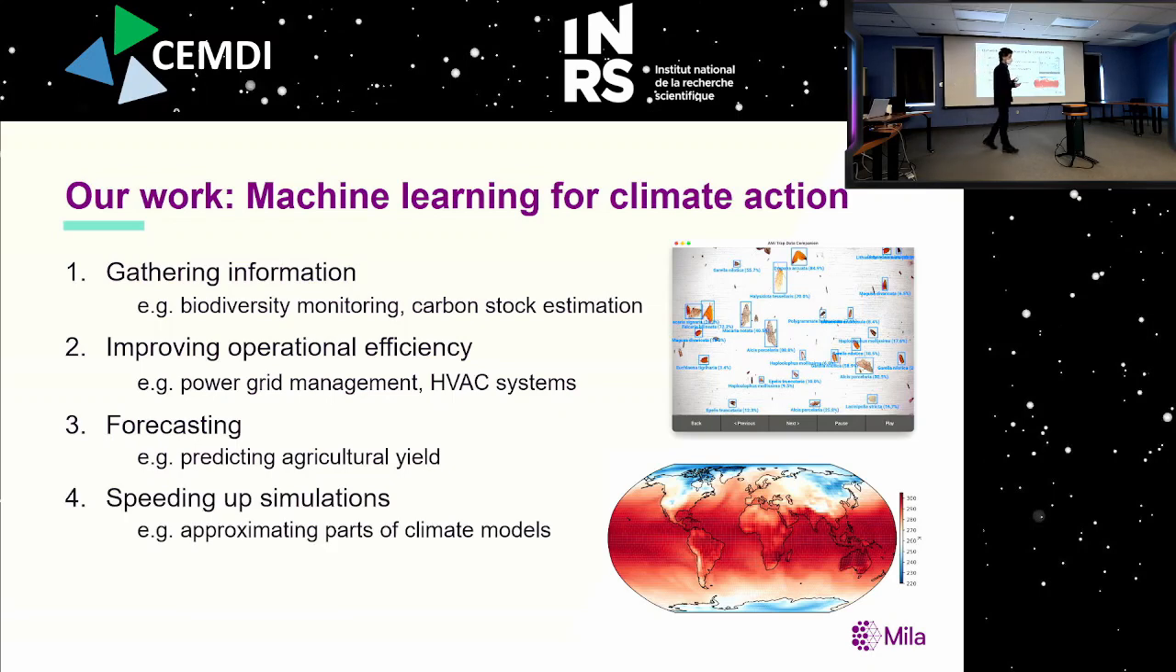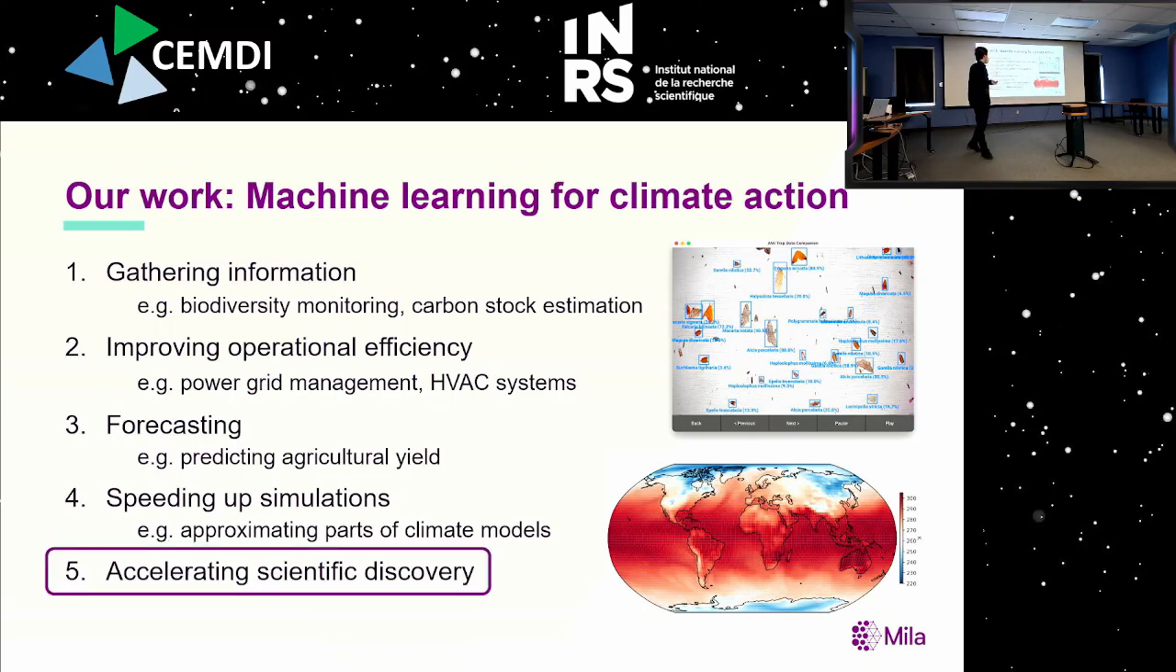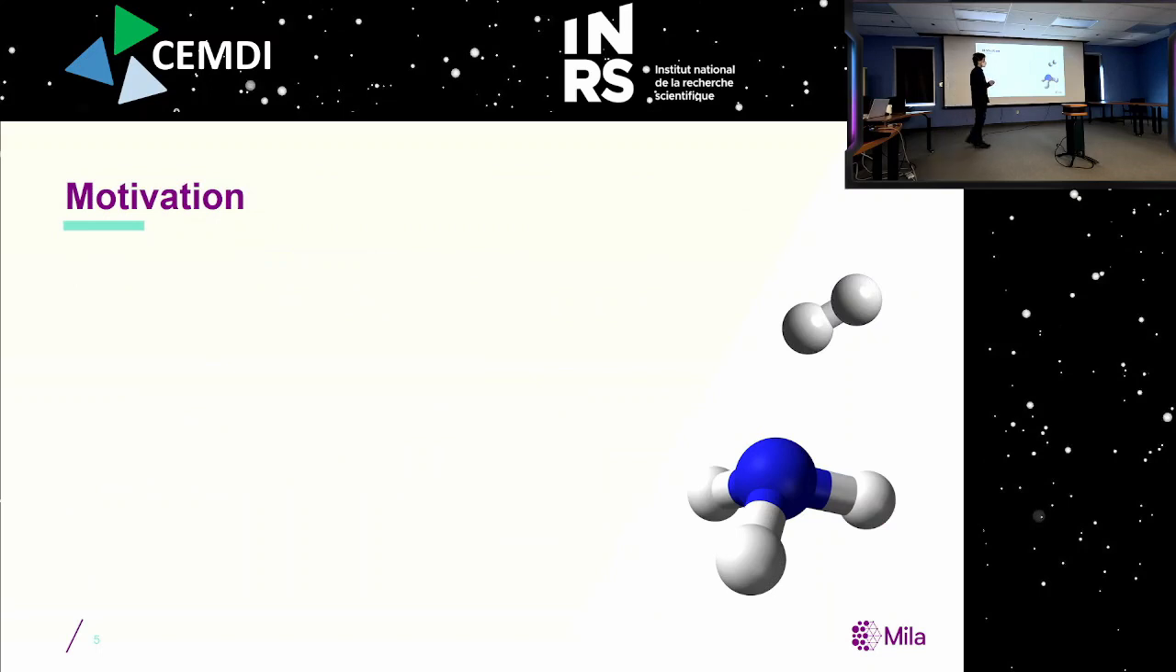And then speeding up simulations. For example, we've worked extensively on approximating particularly slow pieces of climate and weather models, which are extremely accurate. We know how the climate is changing and how the weather works, but sometimes these are extremely slow to run, which is a theme that we'll see again today. And then the fifth theme, which is what we're going to be talking about here, is accelerating scientific discovery. So helping use machine learning to guide the process of discovering new materials or new experimental parameters in contexts relevant to climate action. So the motivation for the particular